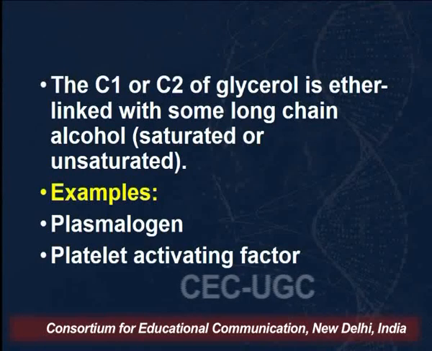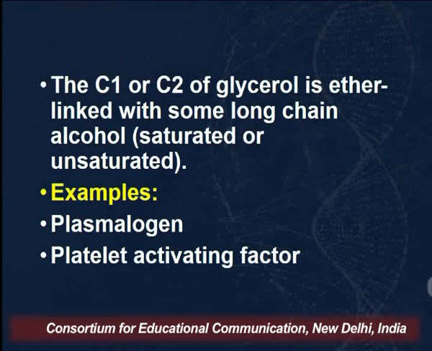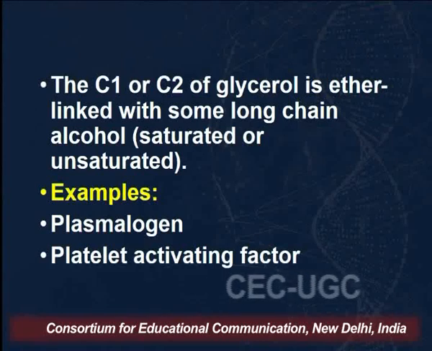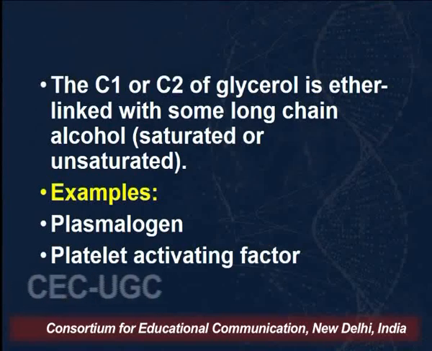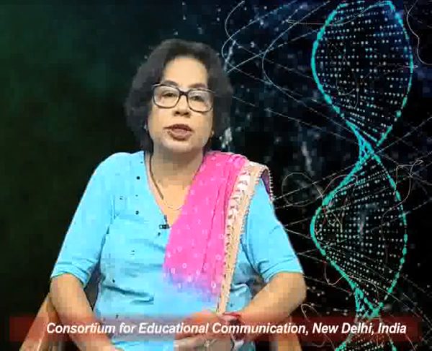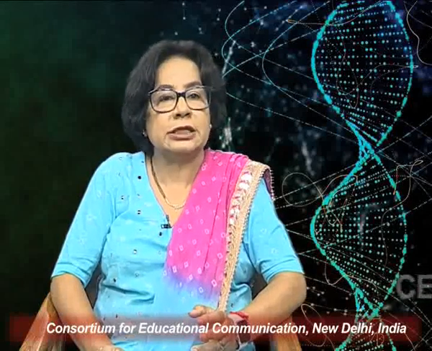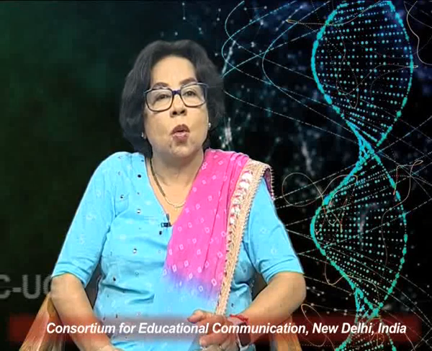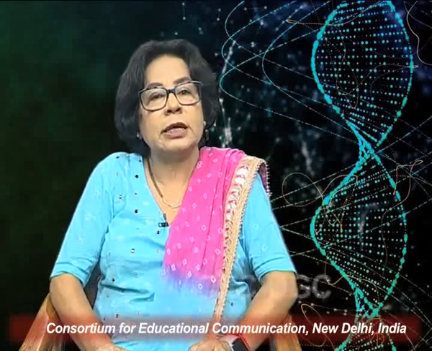How? In them the C1 or C2 of glycerol is ether linked with some long chain alcohol. And this long chain alcohol may be saturated or unsaturated. That is, it may be unsaturated in plasmalogen and it may be saturated in platelet activating factor. So what are now plasmalogens? What you have to remember, like